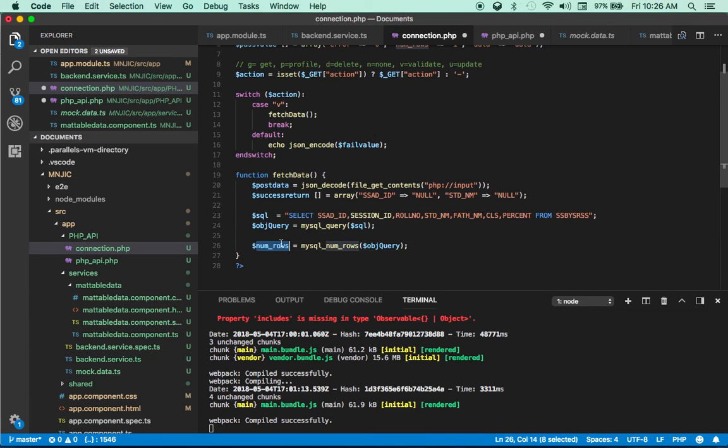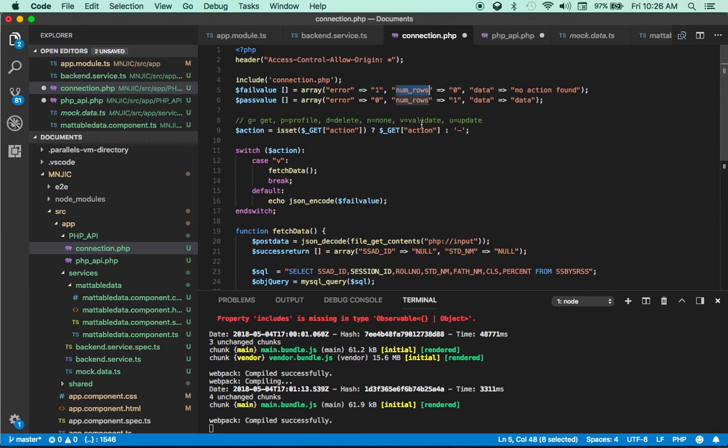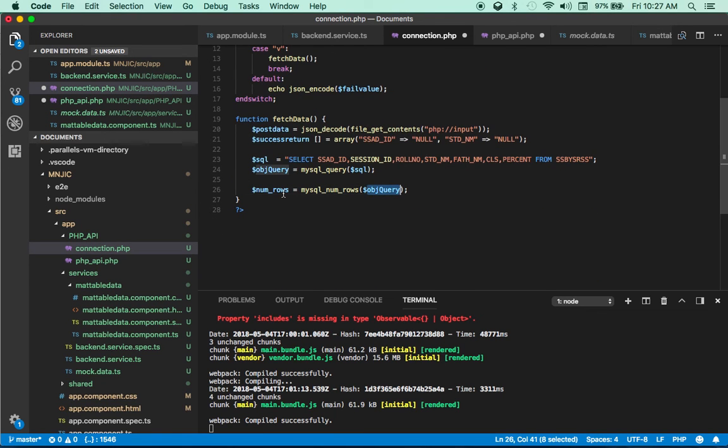Then again, number of rows. Again, this comes very, very handy. So that's how I'm populating this number of rows. Okay. So let's capture this number of rows into this number of rows variable. Okay. Next thing is, if number of rows is greater than 0, then I'm going to loop over all the